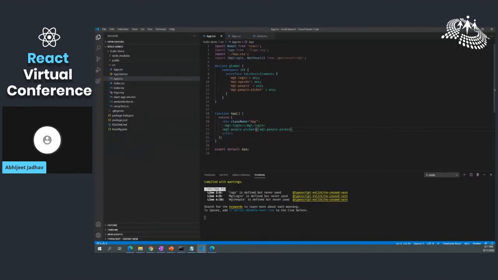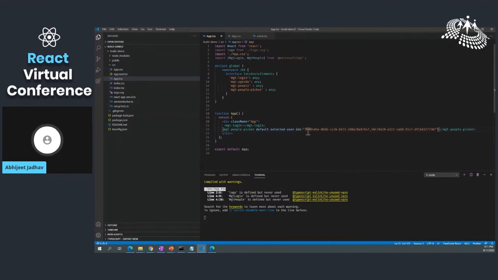Okay, now let's go ahead further. Say you have a scenario where in your people picker you want pre-selected users. When the people picker is loaded, you want some users to be pre-selected.